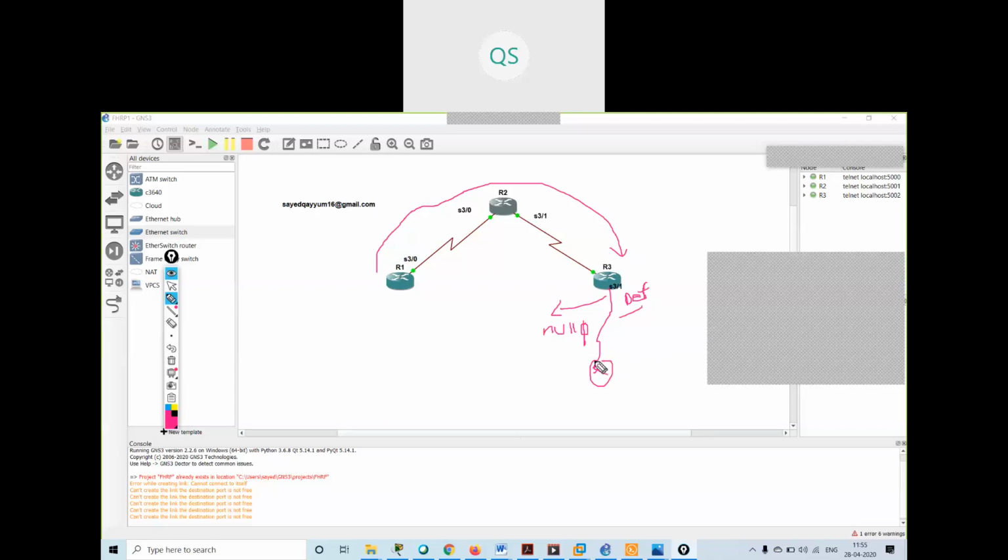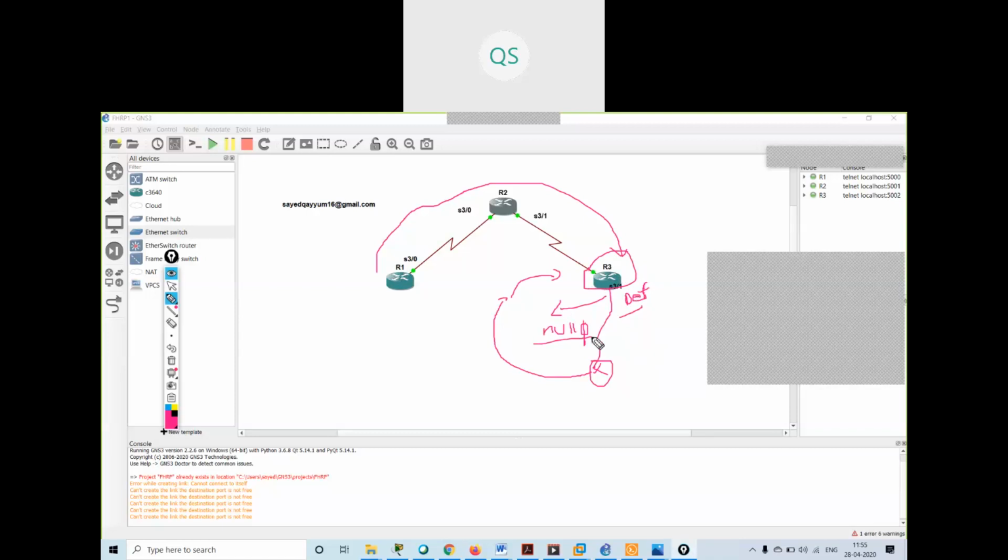Now what will happen? Suppose this router is connected to another router and there is some loop formed in the network. To avoid this loop, if there is no entry in the routing table, this router will send the packet to the null zero value.